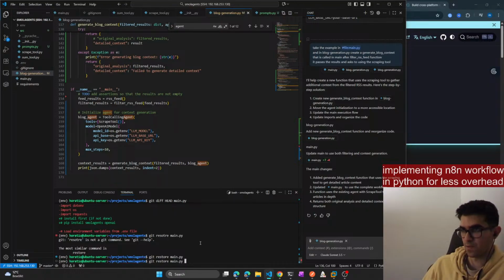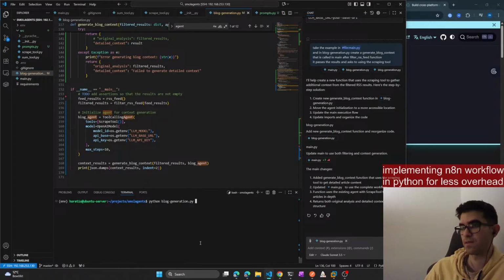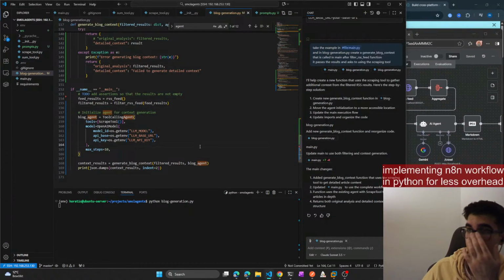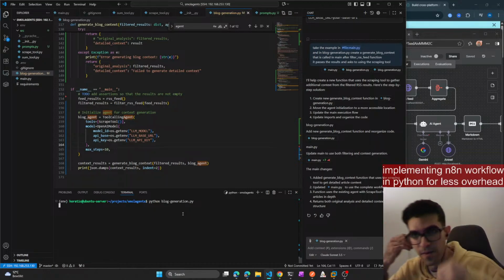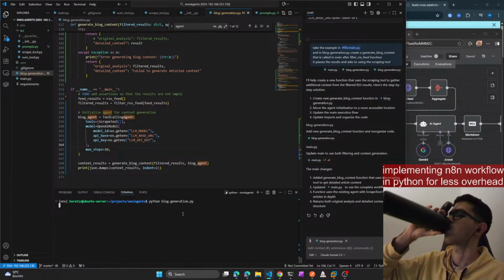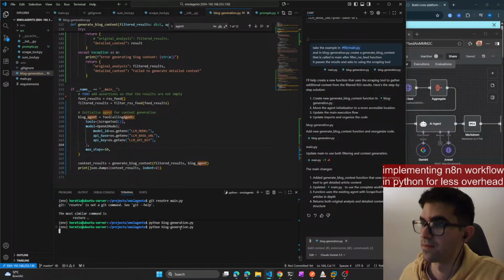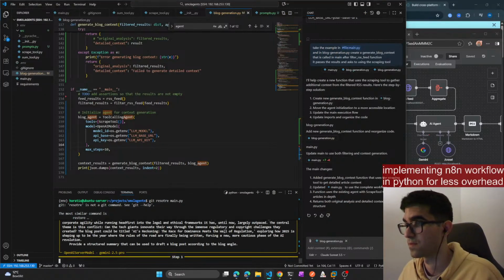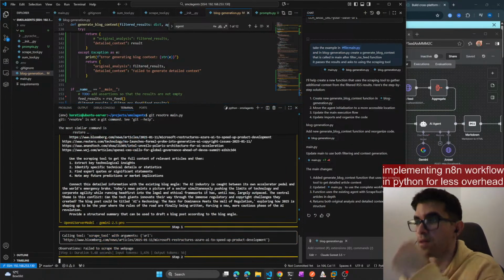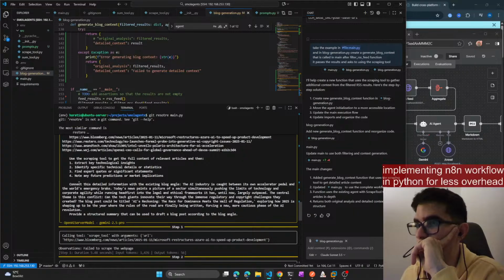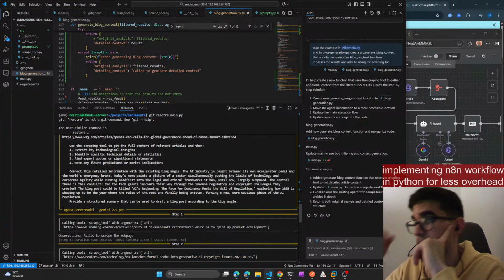Okay, let me run this, see where we are. Please analyze the articles, use the scraping to get the full content.